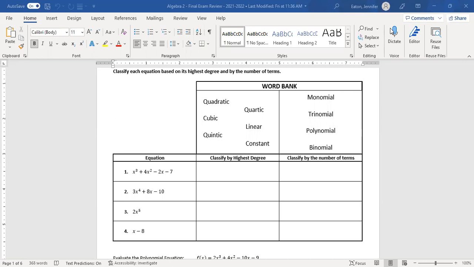All right, so the very first thing we're looking at is how to classify our polynomial equations. On the left-hand side, we see that we are classifying by the highest degree, and on the right-hand side, we're going to classify by the number of terms. So what I want to do is go ahead and review each of these vocab words that are in our word bank, and then fill in the information for the example equations